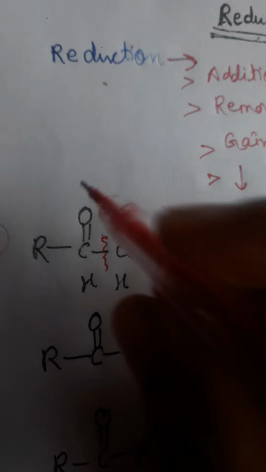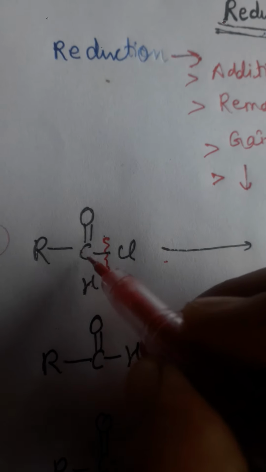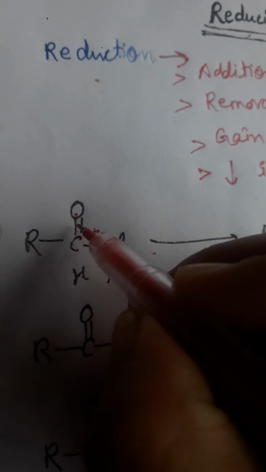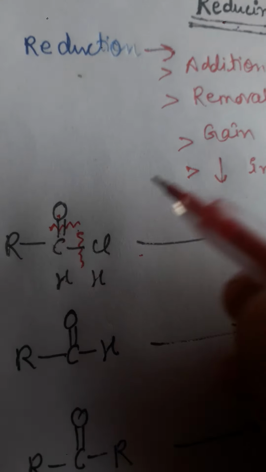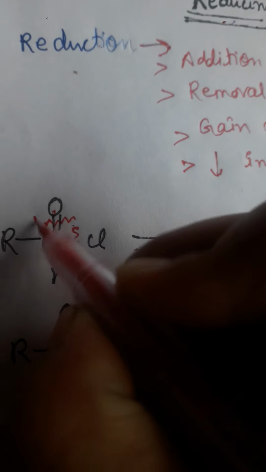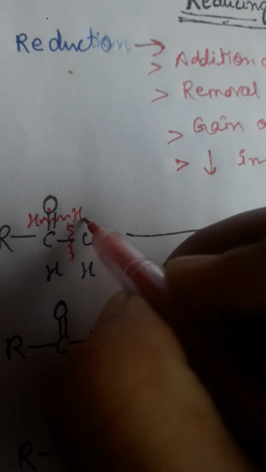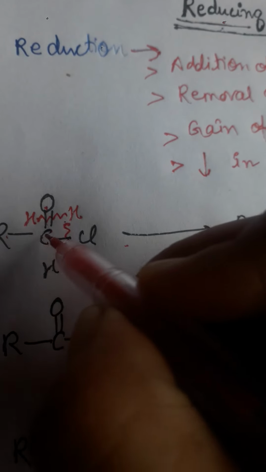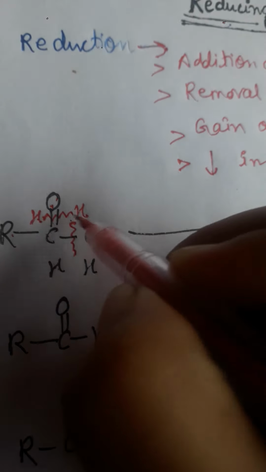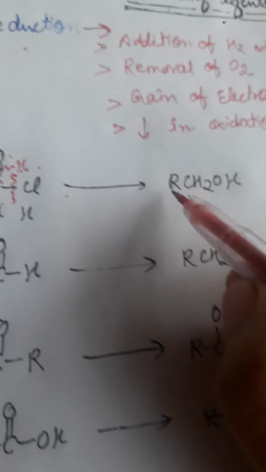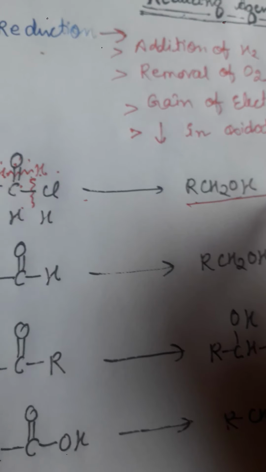Now again, what can I do? Because we have got the product RCHO, and here you can see there is a pi bond, again I can break down this pi bond. What will I get? Again hydrogen, hydrogen. So similarly we get the compound RCH2OH. So the final compound will be RCH2OH.